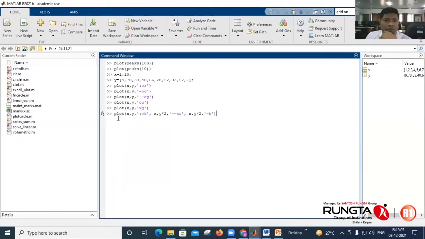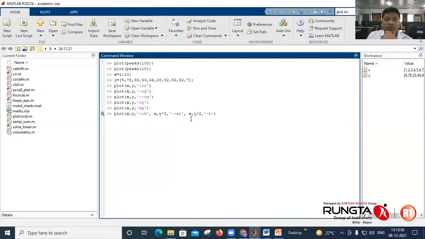Okay, so I'm here plotting X and Y with dash line, colon means dotted line, mark style circle, K means black color. The next I'm plotting X and twice Y with dash dash line, cross marks as marking style, and color of line is red.